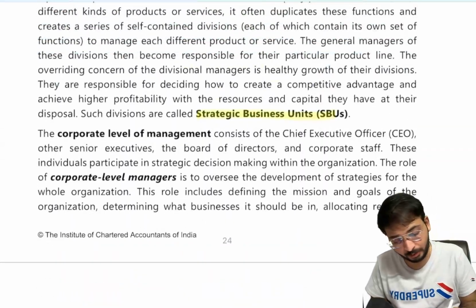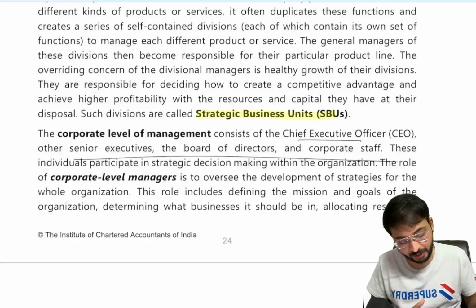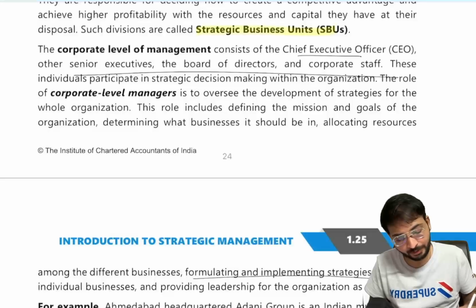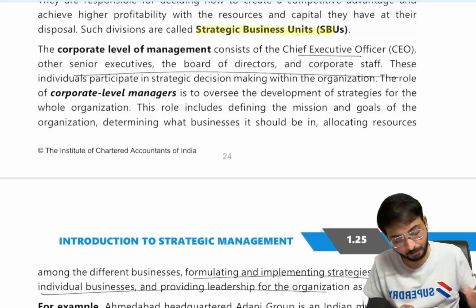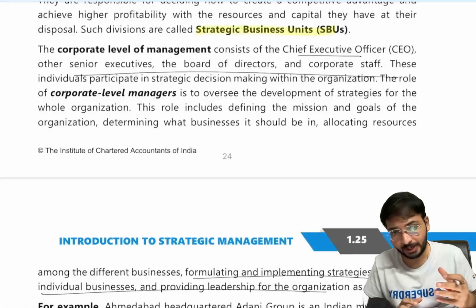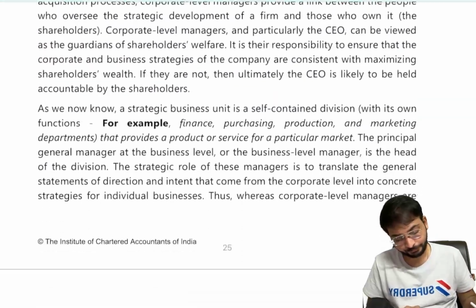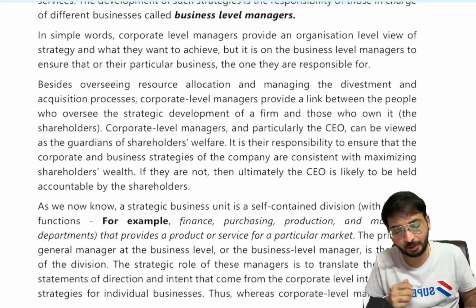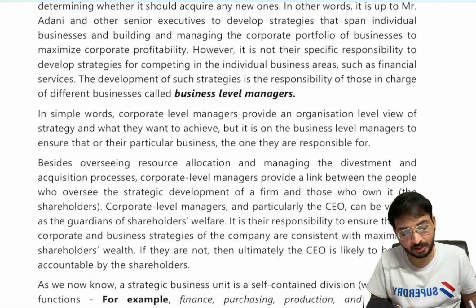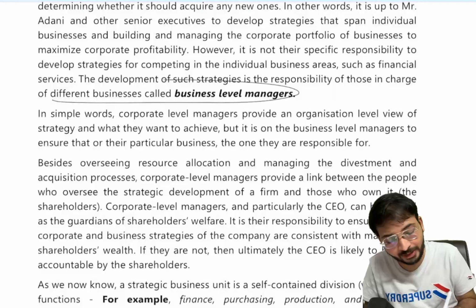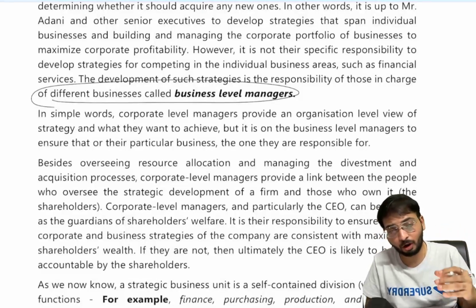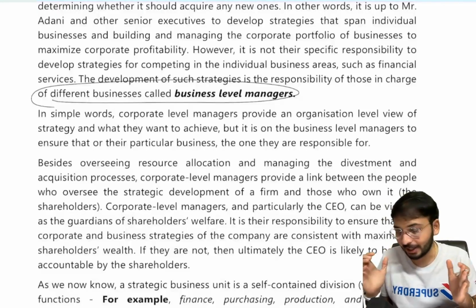Your corporate level will have CEOs, board of directors, corporate staff, and everyone will be there. And who will be formulating corporate level strategies? The corporate level management will be, and they will be the leaders. Next one. Business level, they are generally called general managers. So GMs, you heard the term, right? They will be looking after their own individual specific business, like the business level manager of Trends will be completely looking after Trends only.